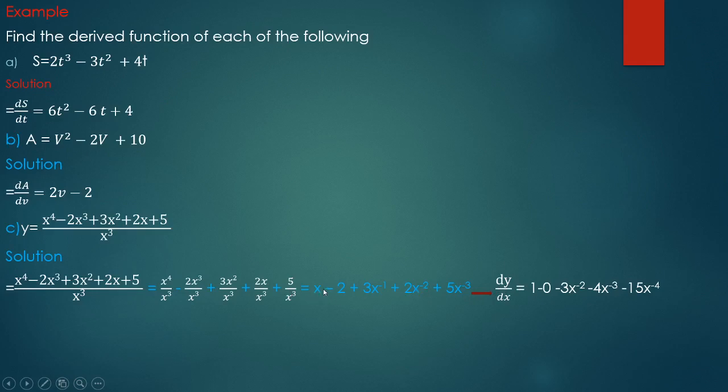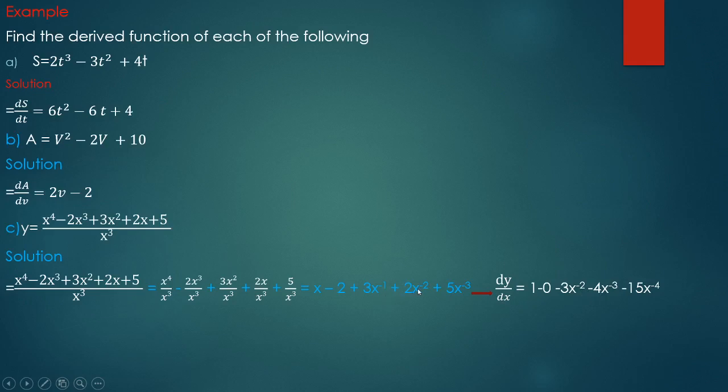normal, this becomes 1. We said it has a power of 1. 1 times here, times 1 becomes 1. 1 minus 1 is 0, so x power 0 is 1 times 1, which is 1. So we shall have a 1 minus, this a constant is 0, so it's minus 0 plus this one 3x power negative 1. Negative 1 times 3, it becomes negative 3, so it will be minus 3. Negative 1 minus 1, it becomes negative 2, so it will be minus 3x power negative 2, then minus,